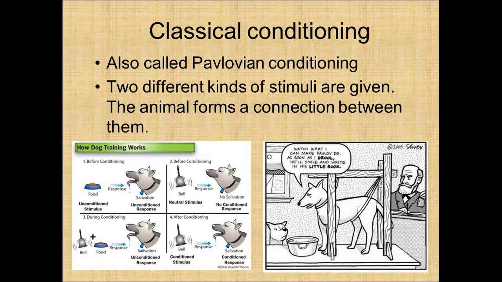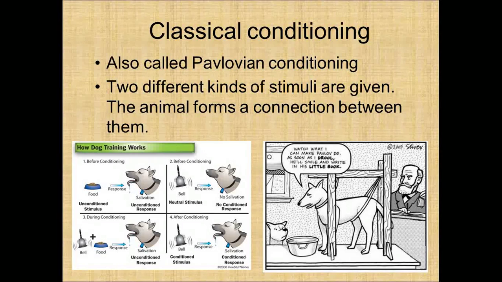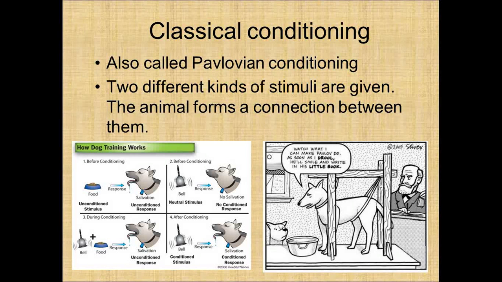He wanted to see if he could switch that around. So he picked something that they never respond to, like a bell. He rings the bell, dog doesn't care. It's a neutral stimulus. Then what he would do is he would ring the bell and give them food. At first, they did just as they normally did. They did nothing when the bell rang, but they drooled when the food showed up. Over time, they began to expect that food to come when the bell rang.